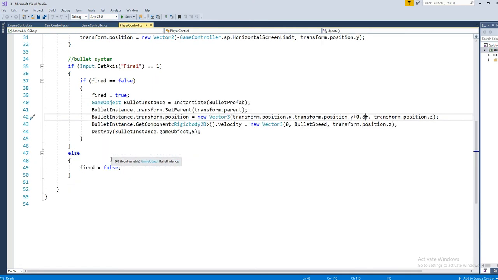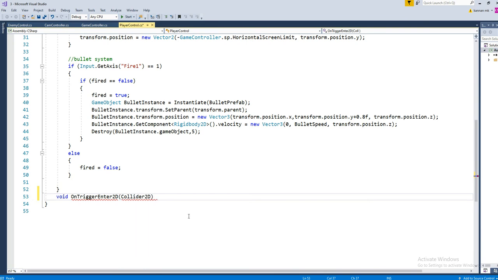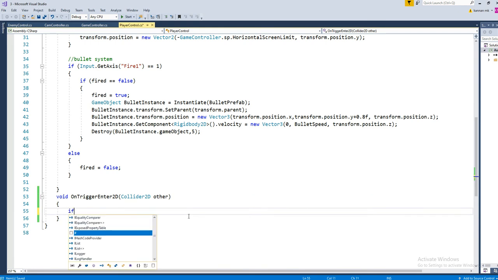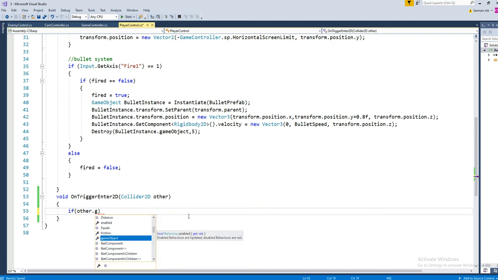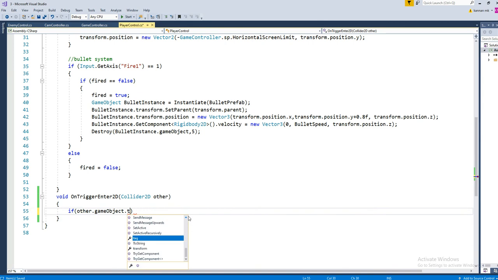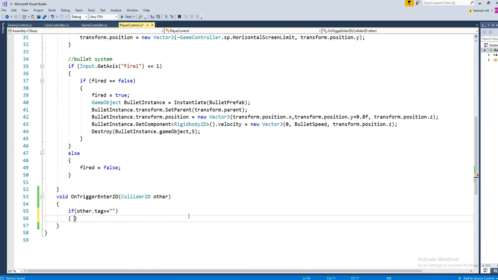So open the player control script, and let's have a collision system called void OnCollisionEnter. Let's have trigger, since we are going to get the tag, and let's go with trigger. Void OnTriggerEnter2D, Collider2D other. You can have any name for other. So next we have a condition: if other.gameObject.tag, other.tag, it's enough. other.tag equal to